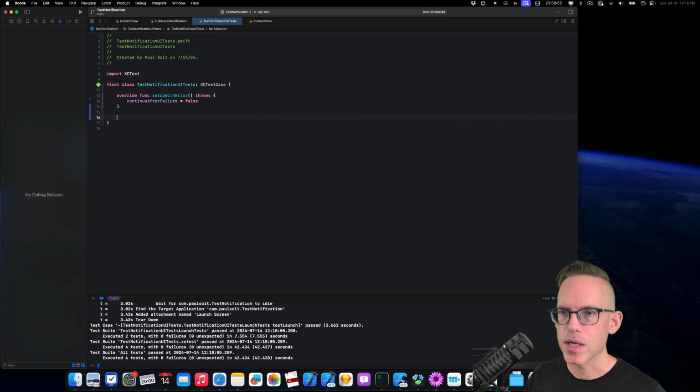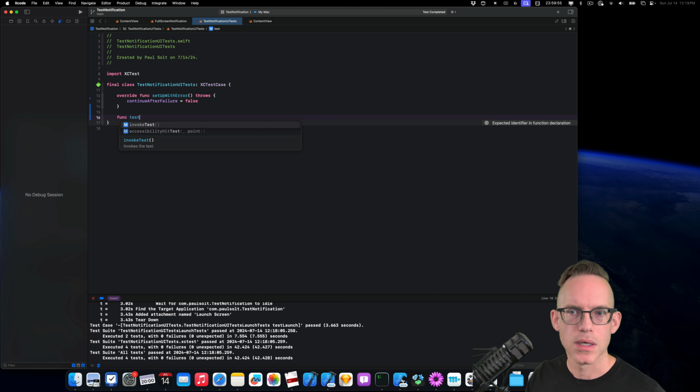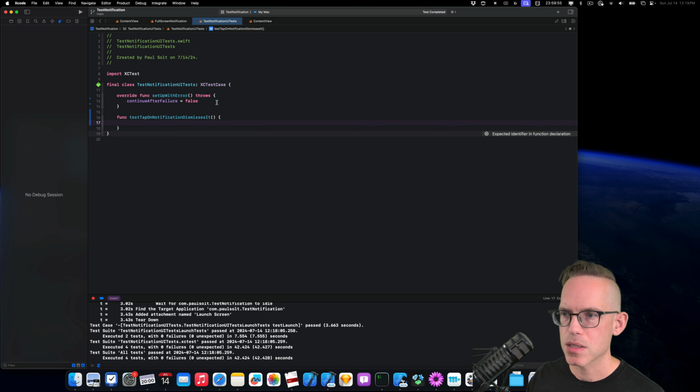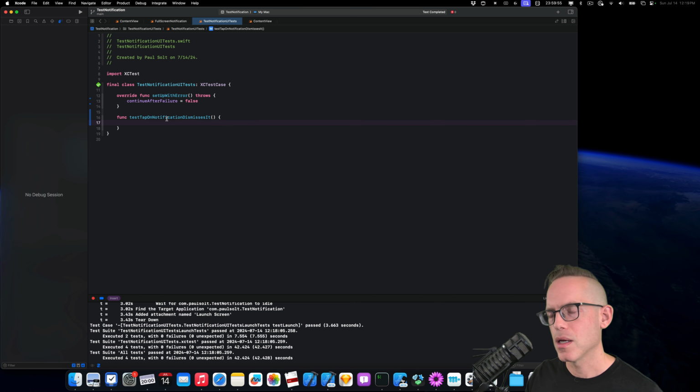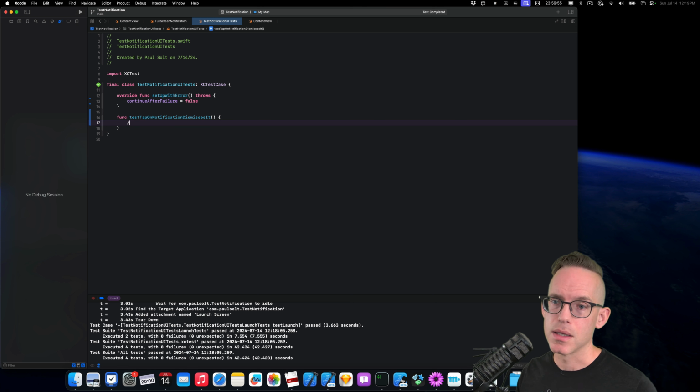We're going to create our own test, and I'm just going to call it test tap on notification dismisses it. So I like to be very verbose with these tests, and this gives us an entry point into the testing system. Now there's two ways that we can add